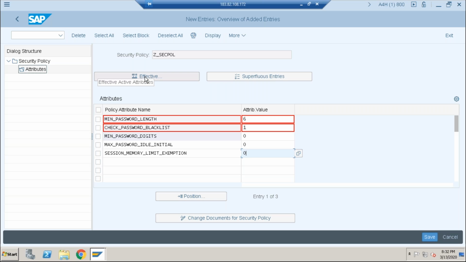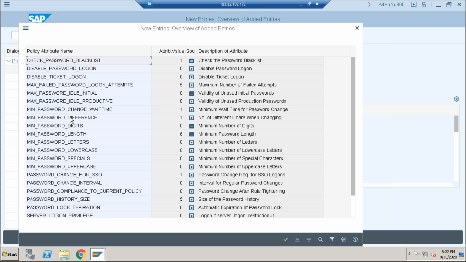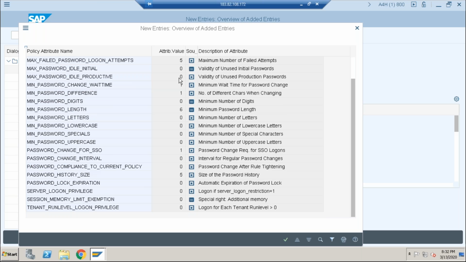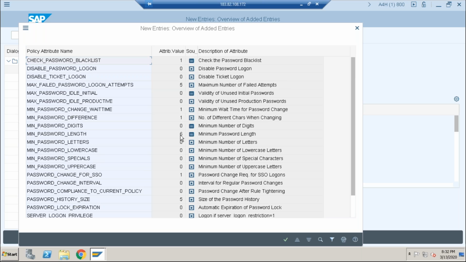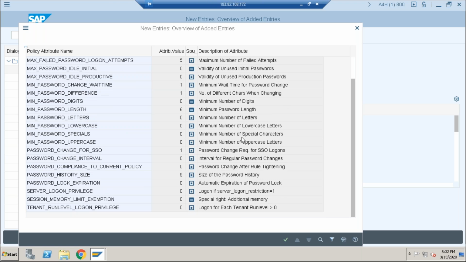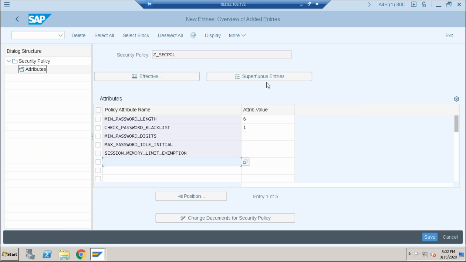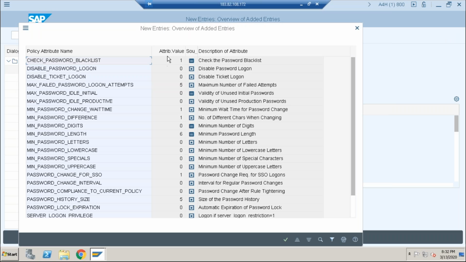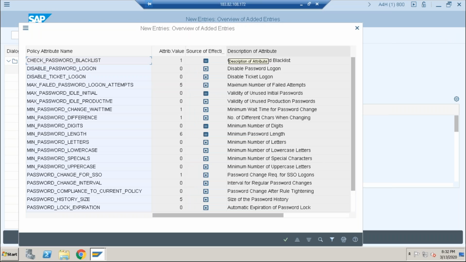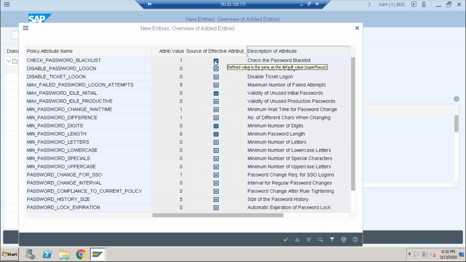Go for effective. Now, what are the activations right now? These are the current values. This mark is the default value, right? Your default values are provided by us. Even see the source: go for source equal to or not equal to. There is a third column, the source. What is the third column here? Source effective, equal to, not equal to. Click on the plus symbol, click on result, then legend and the browse option. It is the same value.